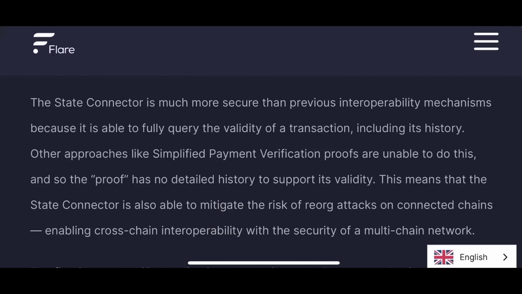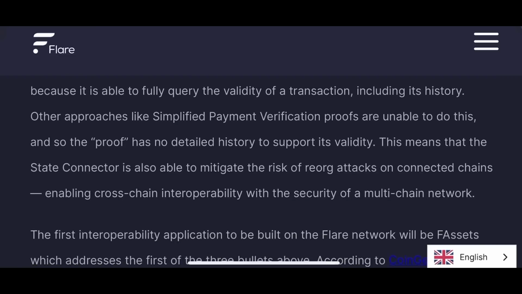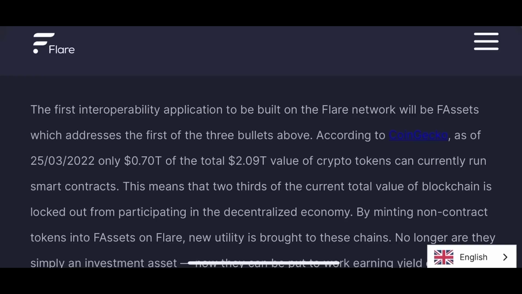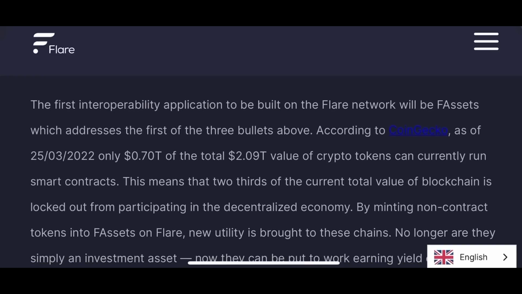This means that the State Connector is able to mitigate the risk of reorg attacks on connected chains, enabling cross-chain interoperability with the security of a multi-chain network. The first interoperability application to be built on Flare will be the F assets, which addresses the first of three bullets above. According to CoinGecko, as of March 25th, 2022,